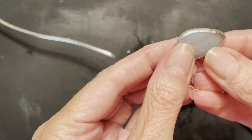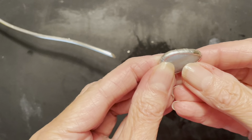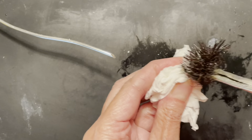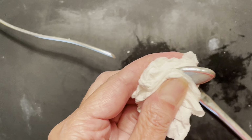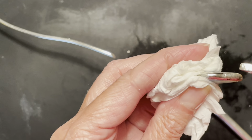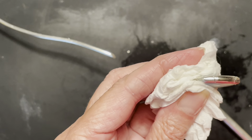So I'm going to inspect it and I can see it still has a little bit of a bump there. I was being a perfectionist. I decided to touch up those areas one last time very quickly. When you first start out in your soldering, you're not worried about doing these types of things. You just want to get the solder on the metal. But now we're going to move on and I'm going to show you the first way that I make spikes